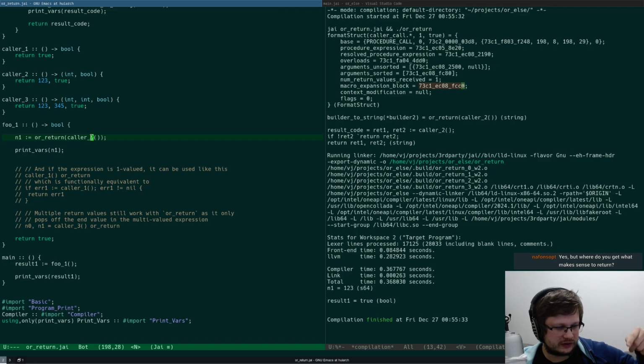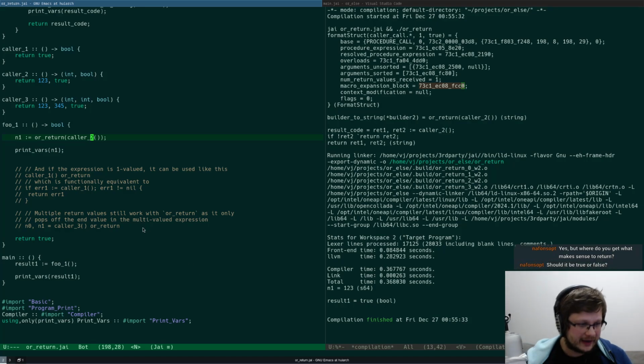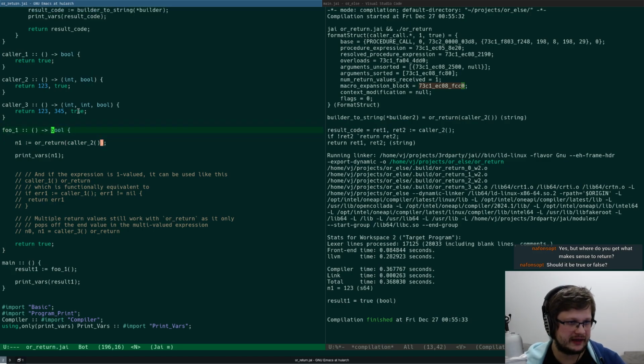Where do you get what makes sense to return? Yes, I'm working on that. So my current theory is that maybe macro expansion parent block has, should it be true or false? This is a good question. So the way Odin works is it actually requires it to be named like that, right?